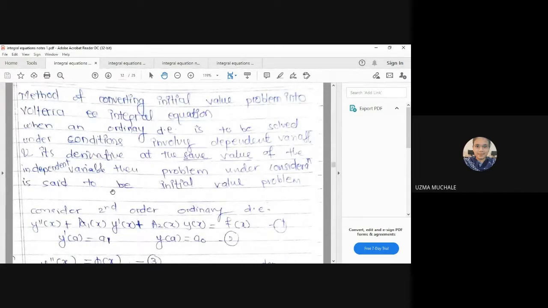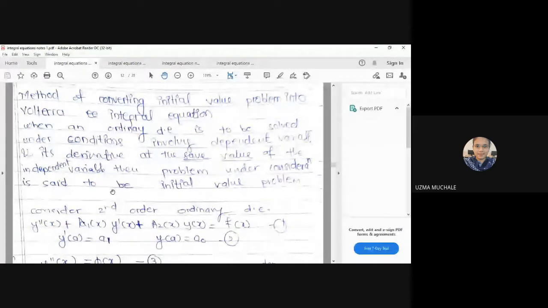I think in the ODE we have seen in detail what is integral equation, what is initial value problem. That means if you solve any differential equation, the solution is not unique. Right. For any differential equation, for different values of constants C1, C2, we can have different solutions, and we have a solution space actually. In the ODE, you have studied in semester one that we have the basis also. What do you mean by basis? These are nothing but your solutions of the differential equation. So whatever solutions we are getting, it is nothing but a vector space.